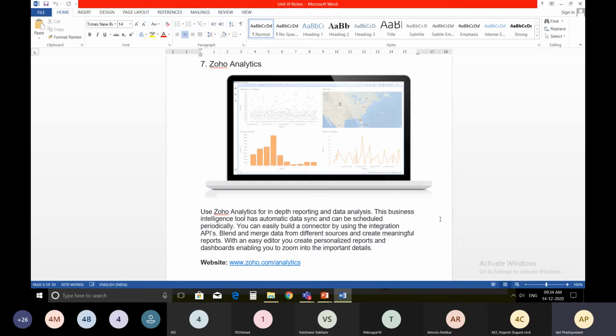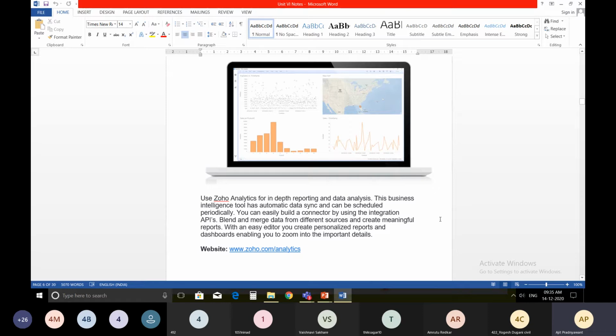They have given more focus to data integration. With an easy editor, you can create personalized reports and dashboards, enabling you to zoom into important details. For more about this, you can go to zoho.com/analytics.